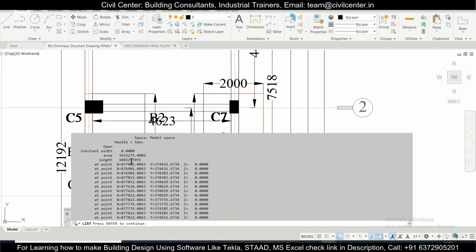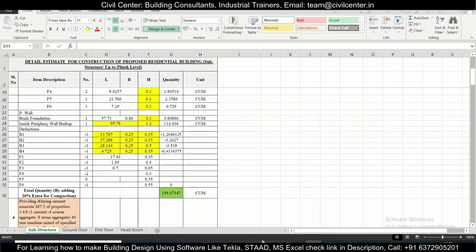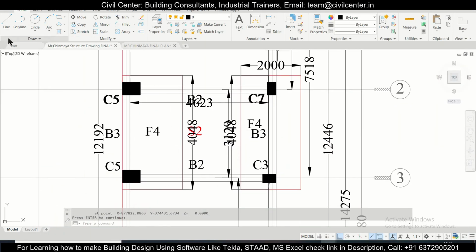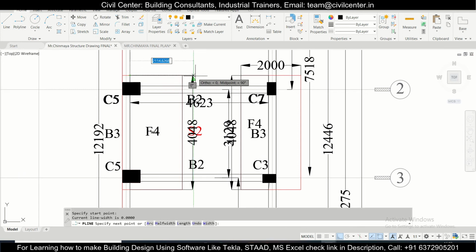This is approximately 3.65. This will be your addition of 3.65 plus this one. Let's just make an approximate calculation this time, and not take the footing. So the column will not be taken.